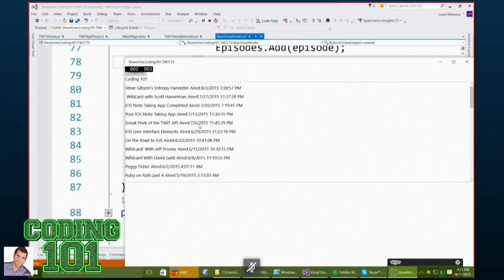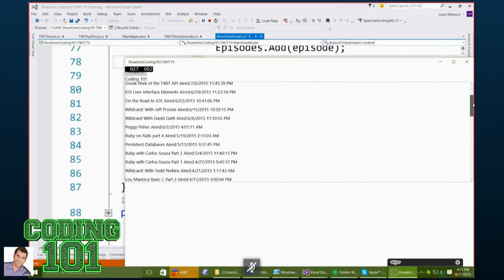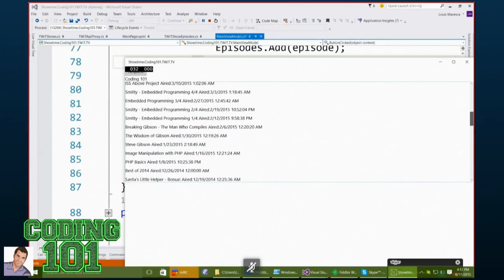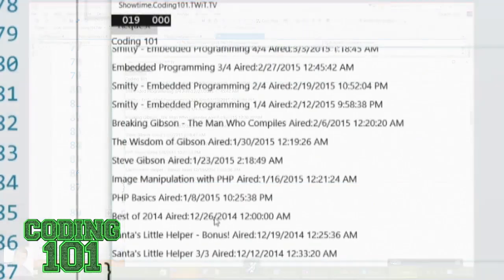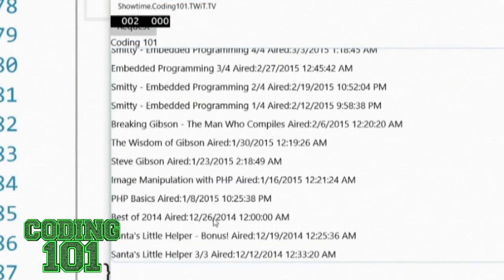So now we've got all 80 episodes stored on our local machine. Right. What are you going to do with it? So now you can do whatever you want. Here's a list. Back to the UI again, and now it gives me a list of everything and when they aired. And now I have all the properties of that information. So for instance, if I wanted to display the image for every one of these, or if I wanted to actually go and download the